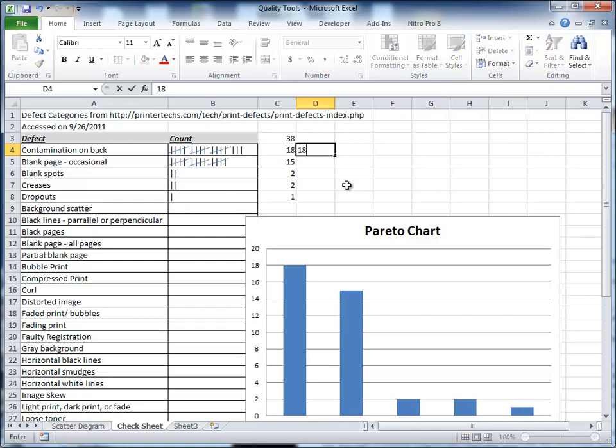And so 18 starts out. The next one is, well, let's do that right. And so if we just hit equal and then point to that cell, it gives us 18. And then we hit equals, we want to add D4 to C5. So we have D4 plus C5. Hit enter, and then we highlight those, drag that down,